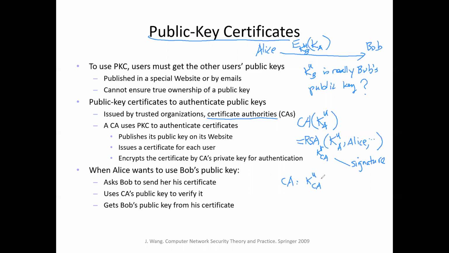So in order to use a particular CA, you need to be a subscriber of that service. So that means you know the CA's public key. So to verify Alice's public key, you will just need to decrypt this certificate, just using this public key to decrypt it. For instance, if it's RSA, you use the CA's public key, because you can obtain this, and then the certificate, then you can get